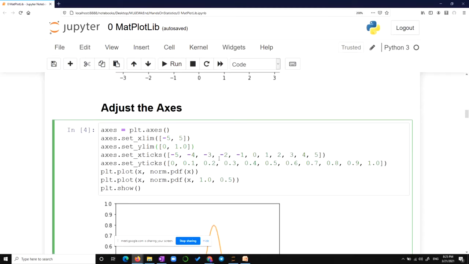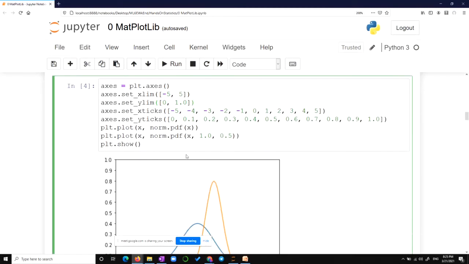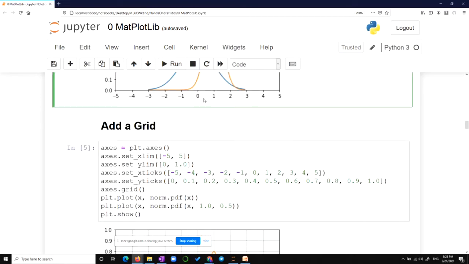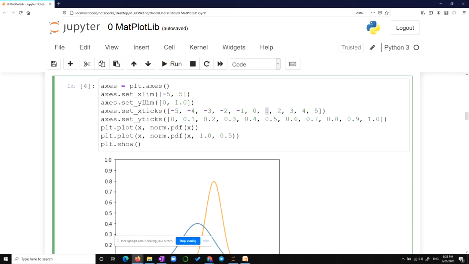You can do axis.set x ticks only for -1 and 1. You can try it as an assignment. I'll send this code to you. Remove all that and set the ticks only for -1 and 1, and you will see the dash mark only on -1 and 1. Everywhere else it will just go away. So in this piece, we studied how to set new limits for your x-axis, and scales for your x and y.